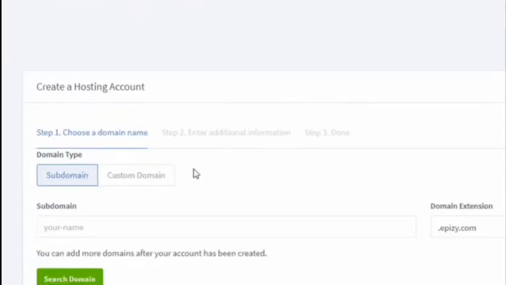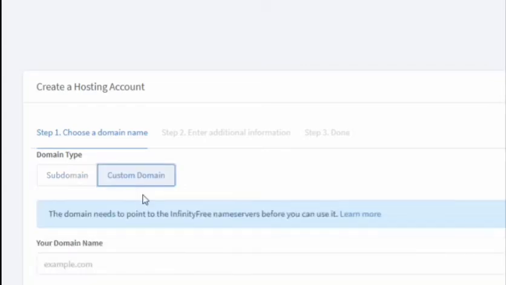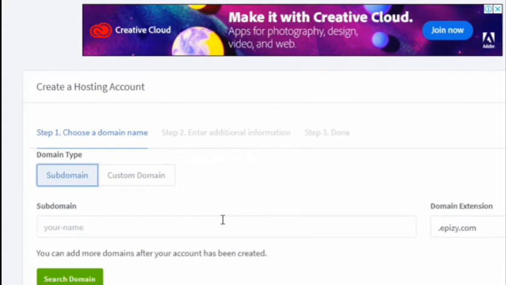If you don't have a domain name purchased, you can create a free domain name, or if you have a domain name already purchased, you can enter it here and copy the server address to the domain provider so that it will be connected. Now to start with a free domain name, click on subdomain and you will have domain extensions such as .apz.com or .rf.gd. In Pro Free Host they gave you Unox and Ezoic. So here you will be getting these two and enter your subdomain name.